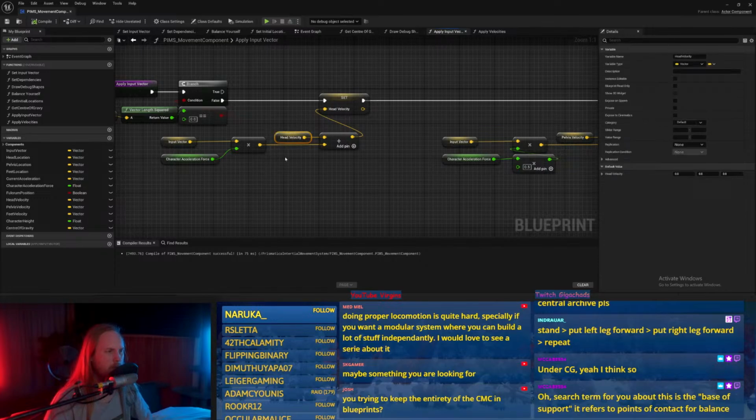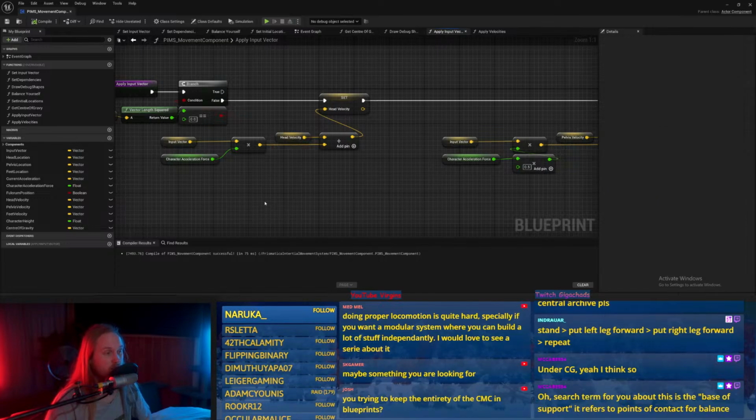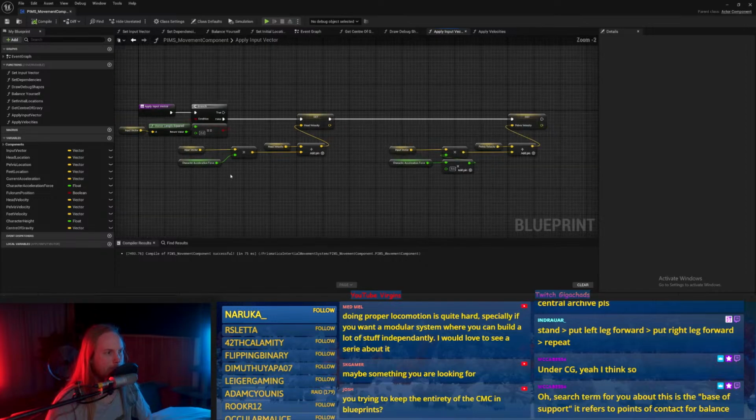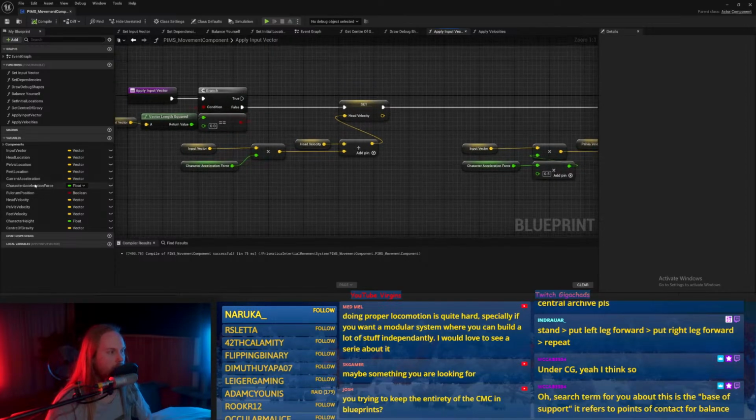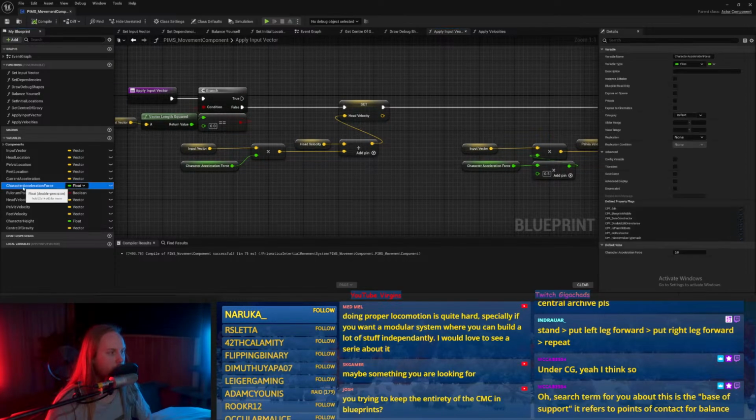Like, we can just get velocity... No, we'd want to do acceleration by some factor of the velocity's length. Well, we know our max acceleration force.